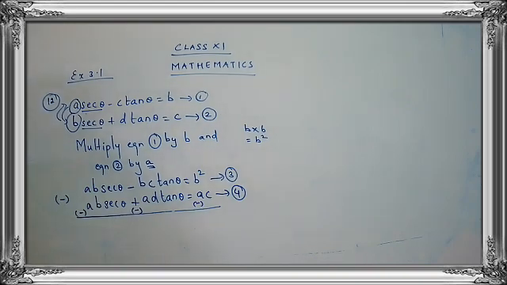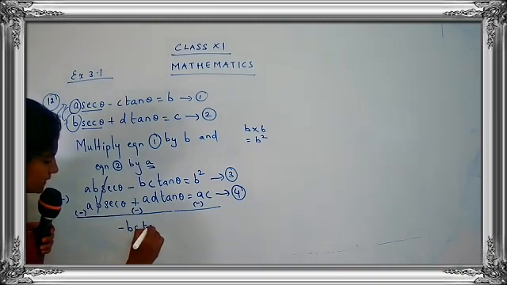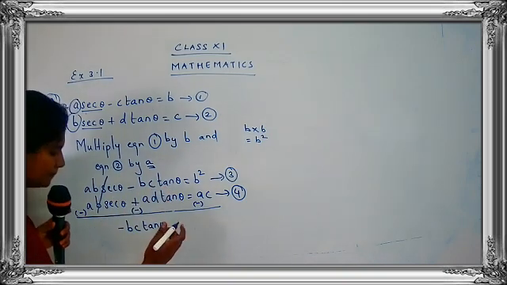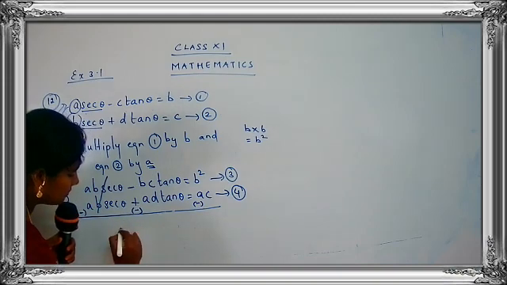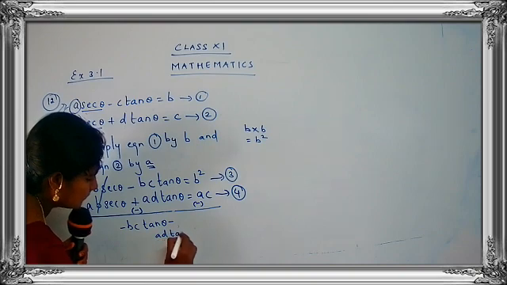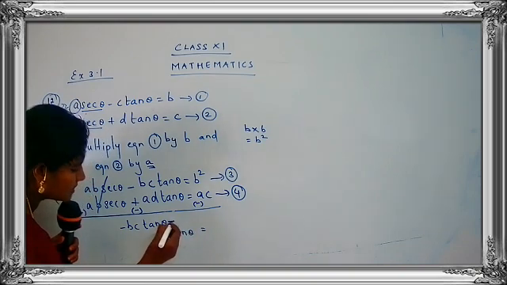Okay, children? Okay, now let's see the further simplifications. So here what can be done? AB sec theta minus AB sec theta gets cancelled. What is left here? Minus BC tan theta. Because we cannot go for the simplification here, we don't have a number. If you have a number, you can just go for the subtraction or addition. Just write down the terms as they are. Minus BC tan theta, minus AD tan theta. Write down properly, children. Do not make mistakes.